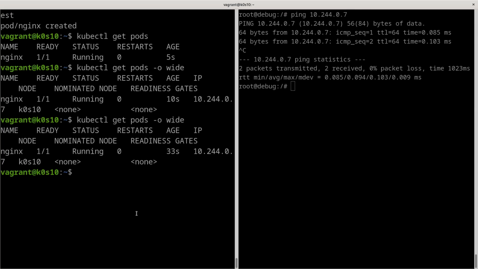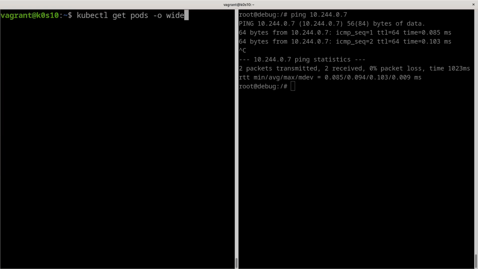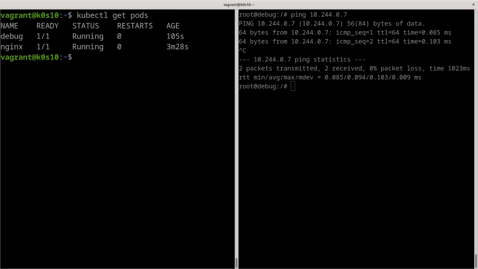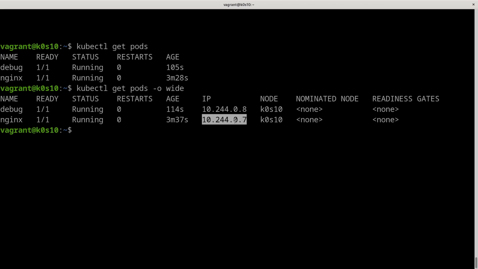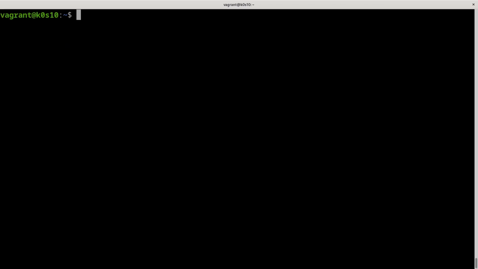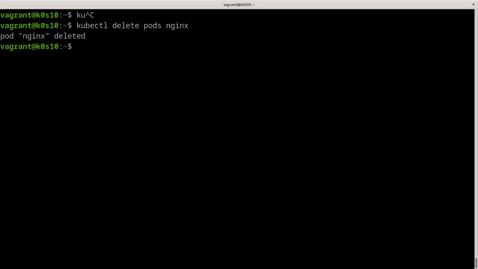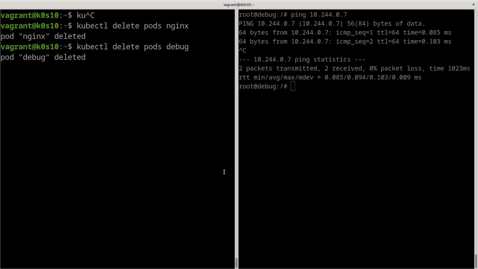So it's cool. And if I check our pod list again, like here, we have two pods, the debug and the Nginx pod. And if we check the IP, just to discover that, we have, of course, two different IPs, but in the same CIDR. So this is the range of our IP. So we can delete all pods. We can just delete them one by one, but we will see how to delete all pods in one command, and the debug pod here.